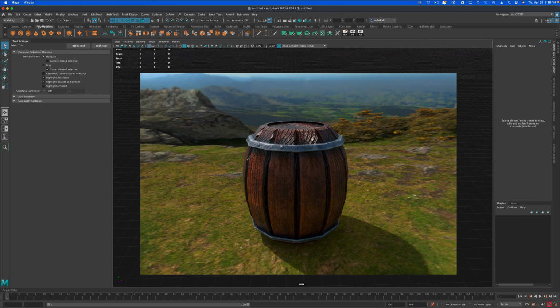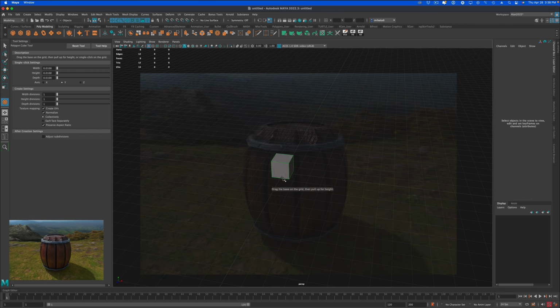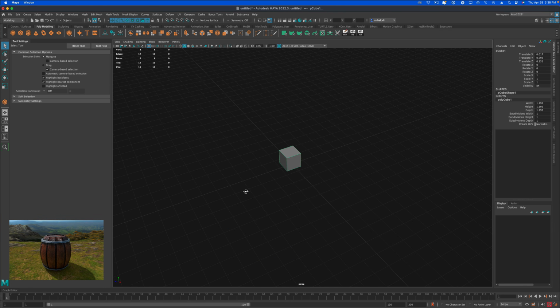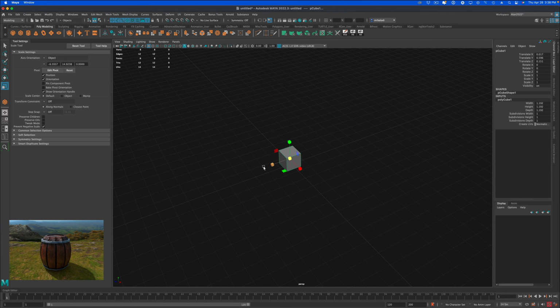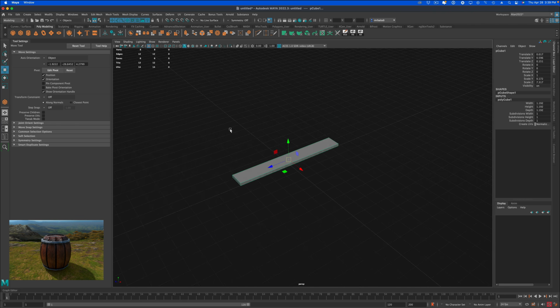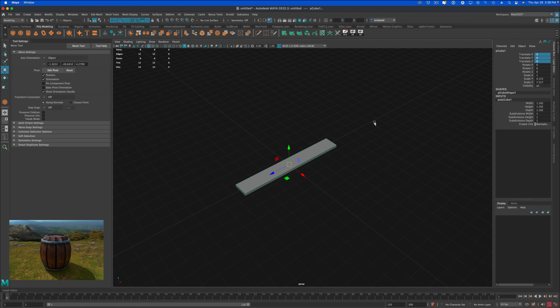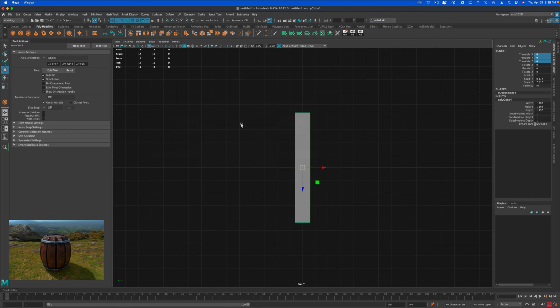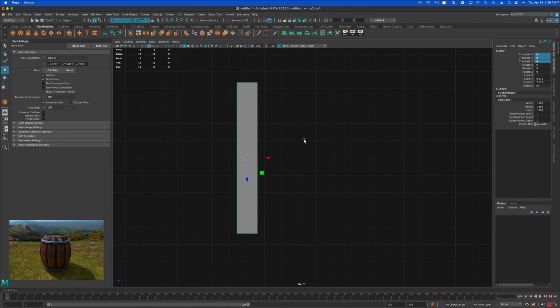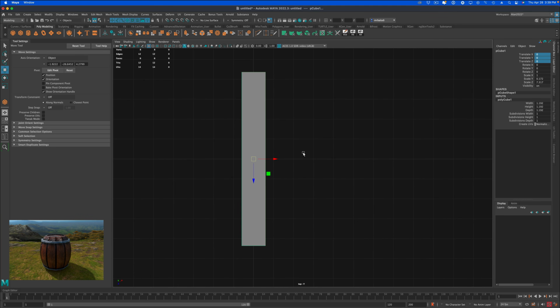In this video, let's go ahead and make a barrel, a fun game asset. So I'm going to start with a cube and just simply drag it onto my grid. All right, I'm just going to put it in the center, and then in the top view, let's go ahead